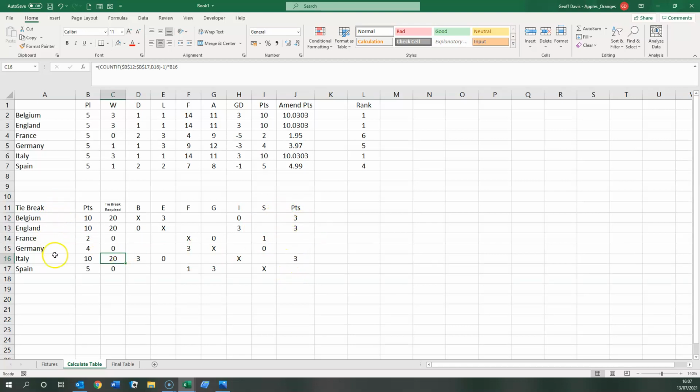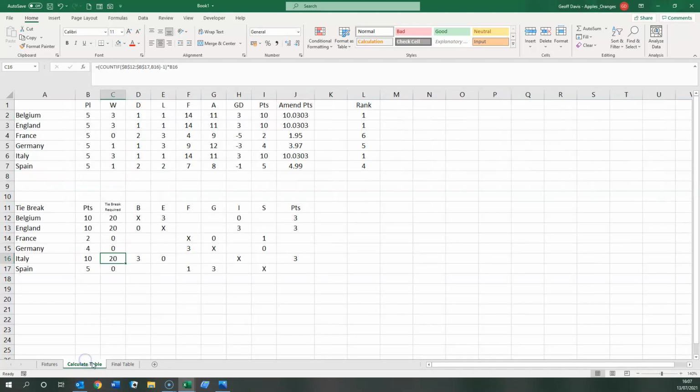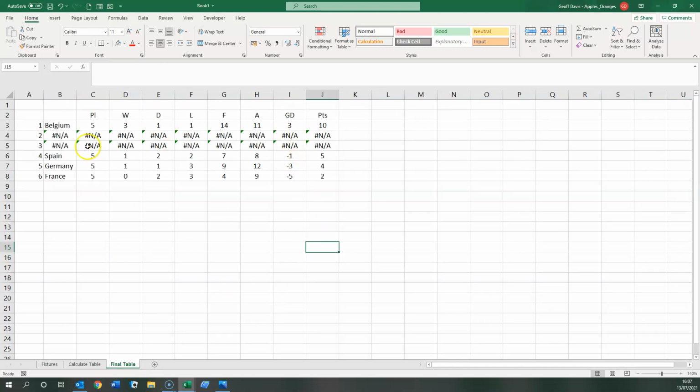So if we look at Belgium, England and Italy, Belgium, yes, they beat England 5-4. England beat Italy 4-3. So that hopefully means that Italy beat Belgium. Yes, they did. Italy won against Belgium. So that's how all those results came out,